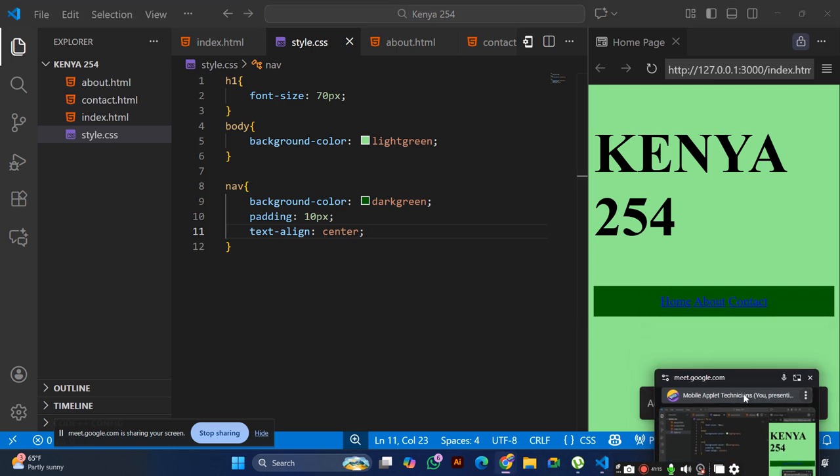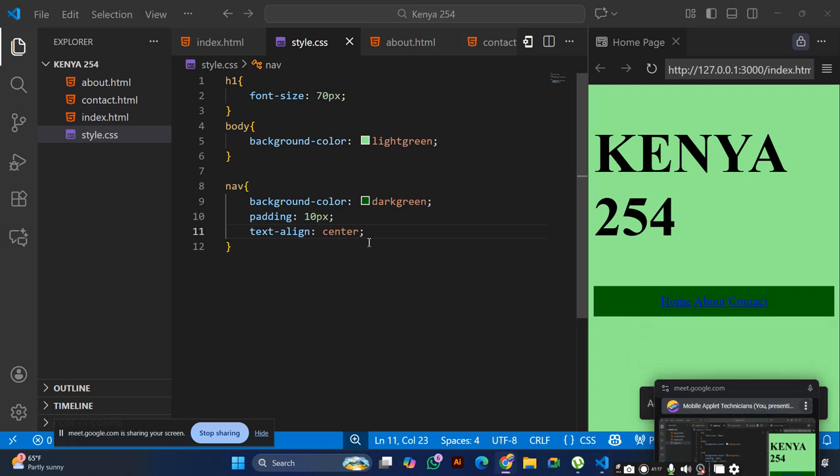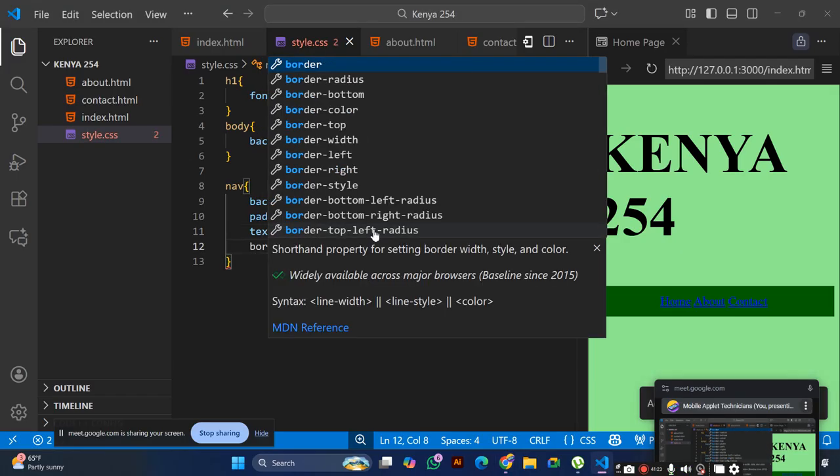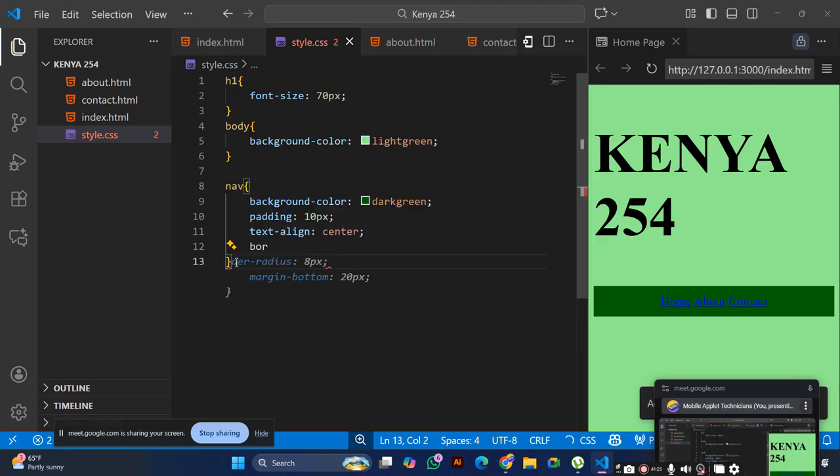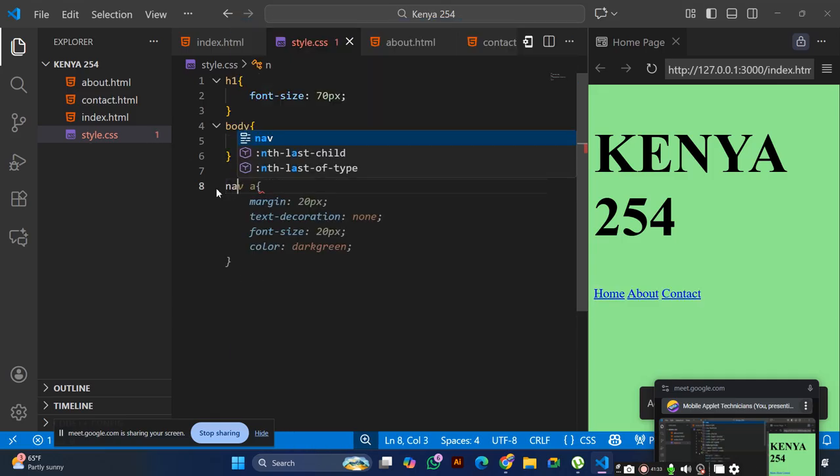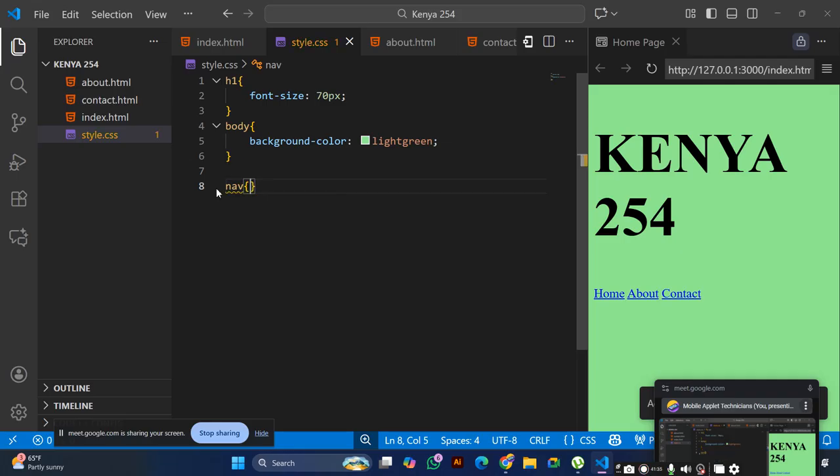So I want the nav to have some styles of its own. How do you do that? Nav. You just write nav, then you put brackets. NAV, then put brackets. Like that.